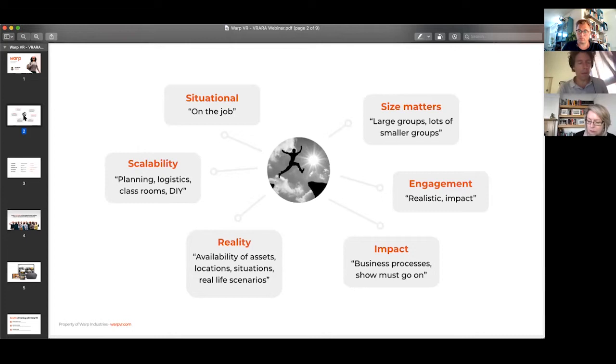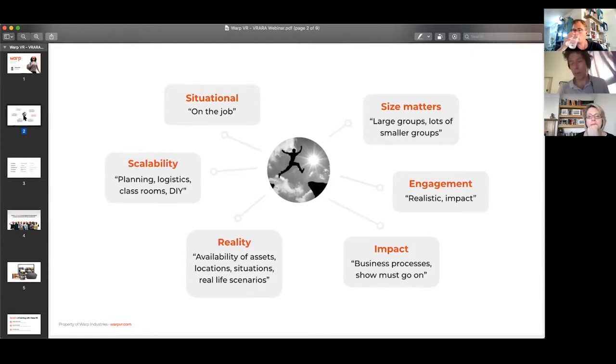On-the-job training is maybe the most realistic way of training. But it would cost you a lot of time, and you would require the operation itself to be able to train these people. So on the job is interesting, situational is interesting, but it should not disturb the operation.